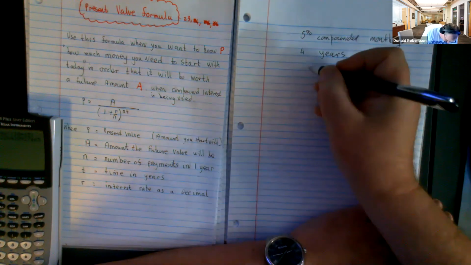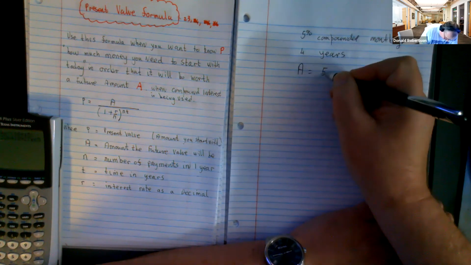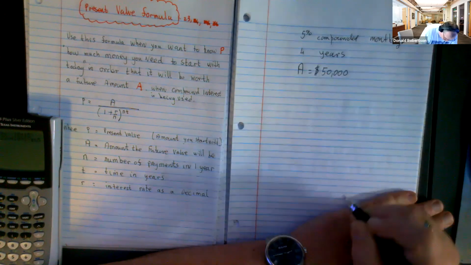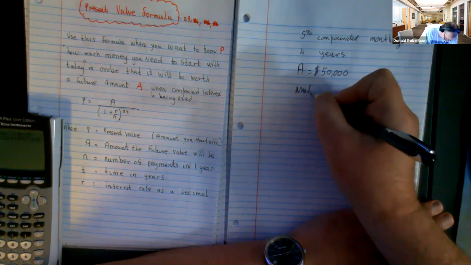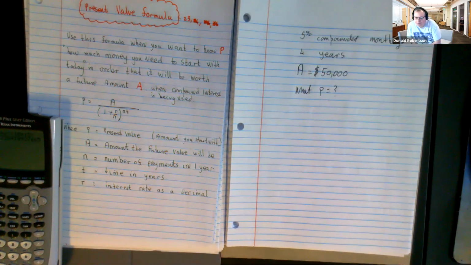And you want the money to be worth $50,000. What is P? So our question is, what do you need to start with to have $50,000 at the end of 4 years